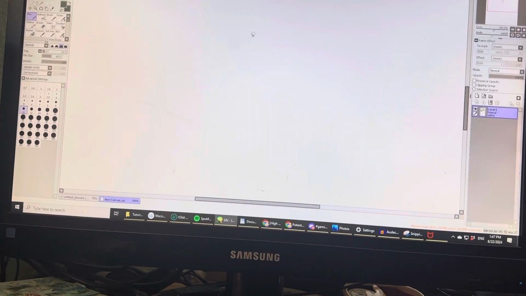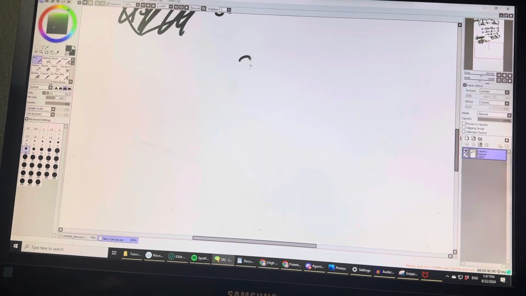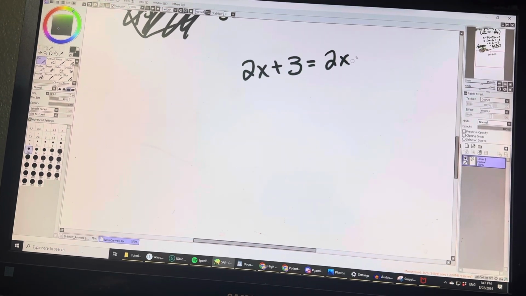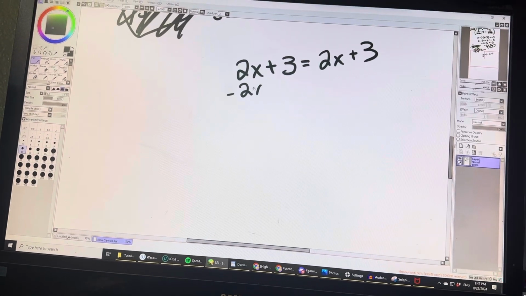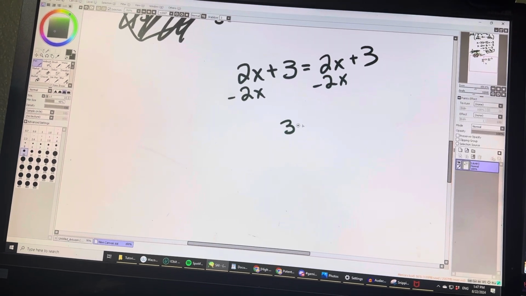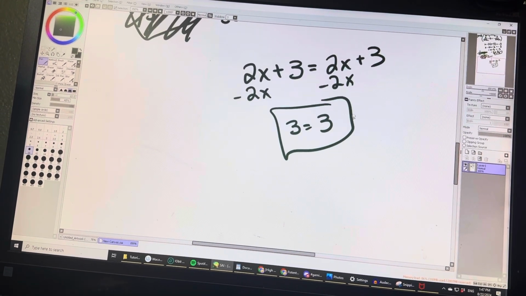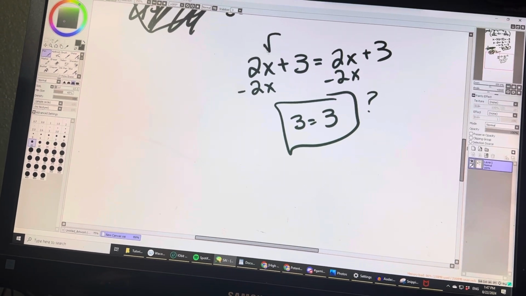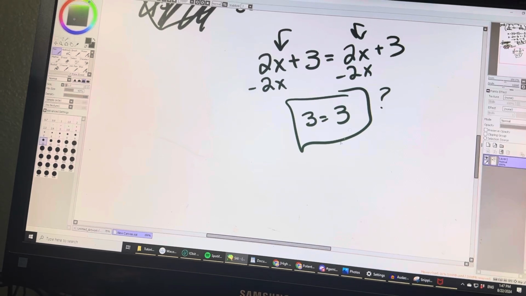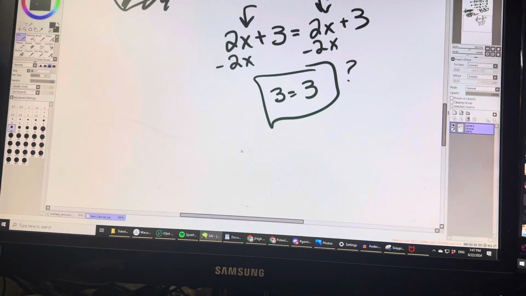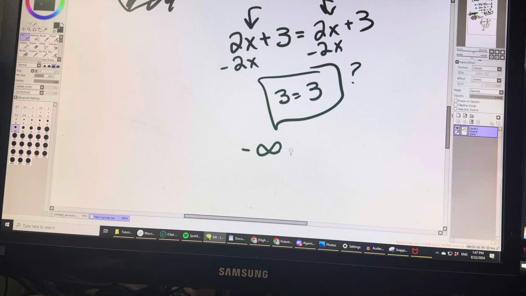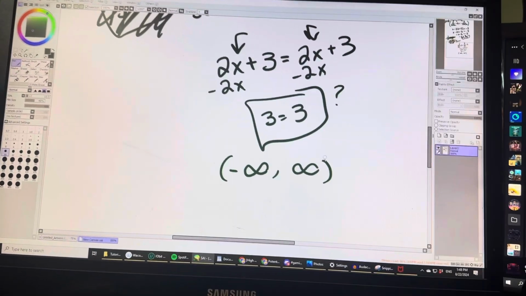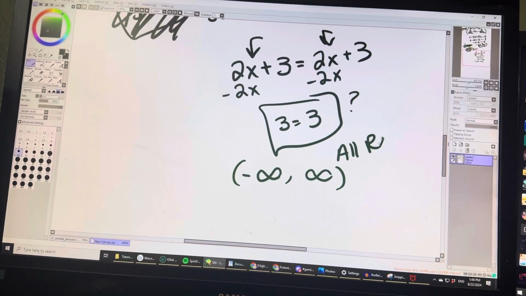Now, if you have a case where they work out to, let's say we have 2x plus 3 equals 2x plus 3. We cancel out the 2x, and we get 3 equals 3. Is that true? Is 3 equal to 3? That is true. So no matter what we put in for x, this will always be true. We could put in the most negative number possible or the most positive number possible, and no matter what we plugged in, it'd be true. So this is all real numbers,